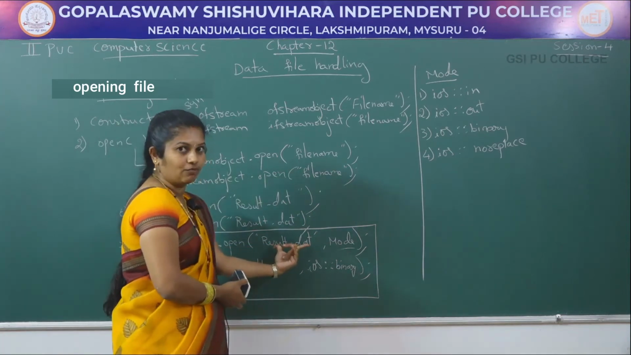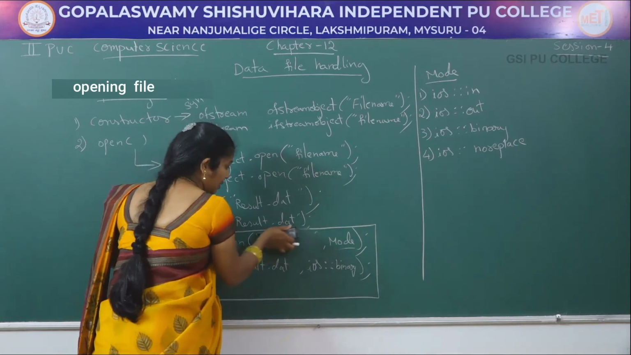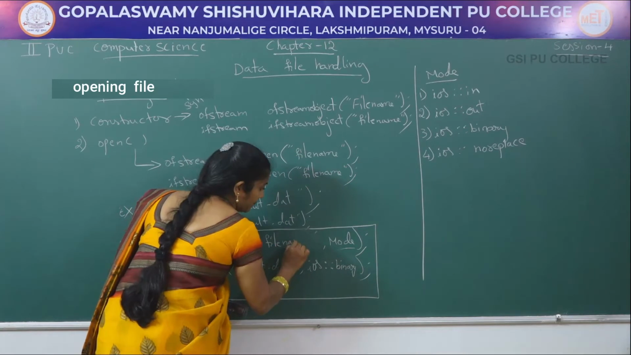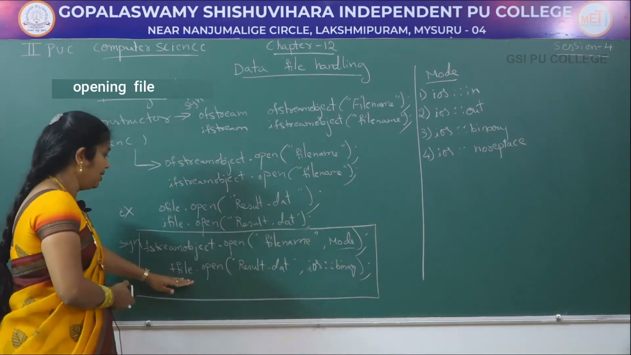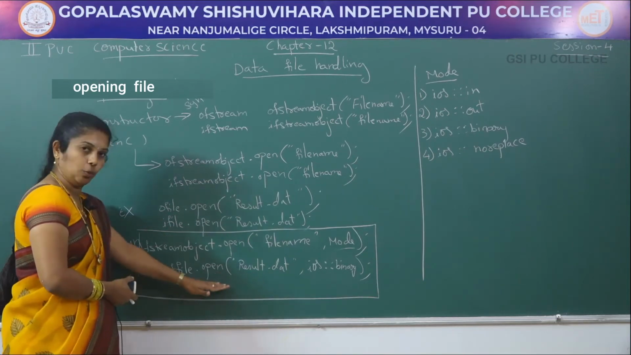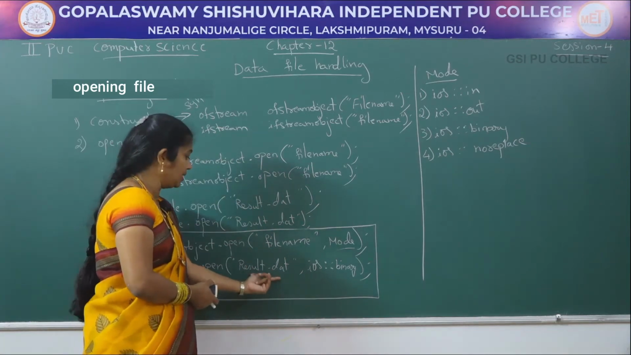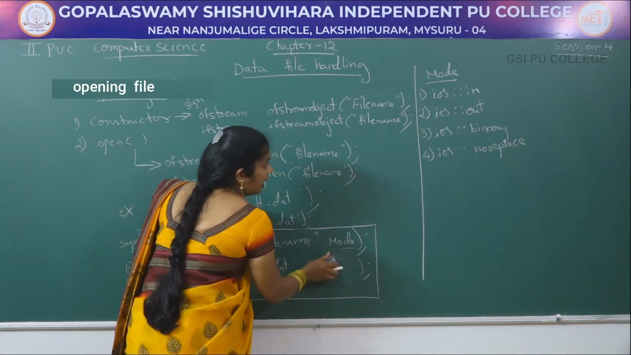Here the file name, whatever file name you want you can write. Here I given result.dat as the file name. If you want, you can write the file name also. Then comma, mode. In the example, fstream object, that is here I given ffile dot open. Inside the double quotes you have to write the file name. Here the file name I given as result.dat and the mode we use to write